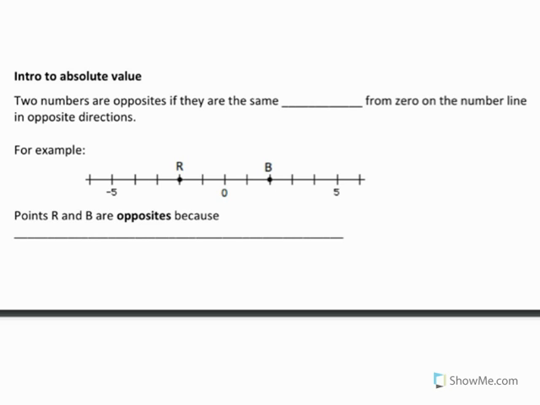Before starting with absolute value, we're first going to do a little intro talking about opposites. Two numbers are opposites if they are the same distance from 0 on the number line in opposite directions. So if we look at this, we notice that R is 2 units from 0, and B is 2 units from 0, but R is placed at -2 on the number line, and B is at +2. So points R and B are opposites because